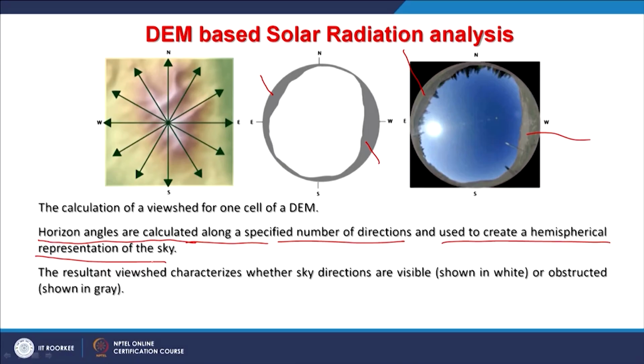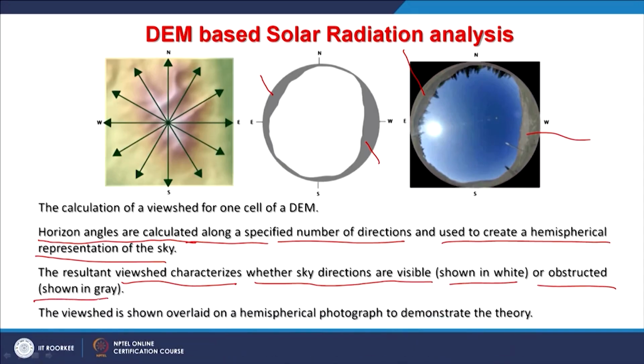And what ultimately you would get is a view set that characterizes whether sky directions are visible, shown in white, or obstructed, shown in grey. This white part is completely visible, whereas these grey parts are obstructed. And this view set which you are seeing in the center is shown overlaid on the hemispherical photograph to demonstrate the theory. So, if you are having that one foci, this is just to check, but your estimations are in GIS